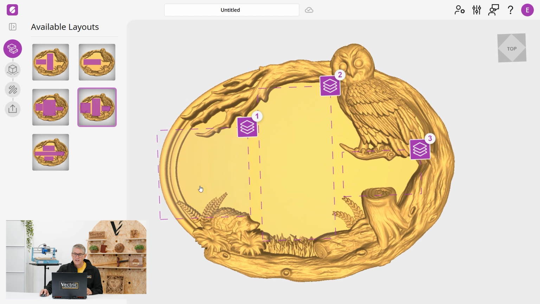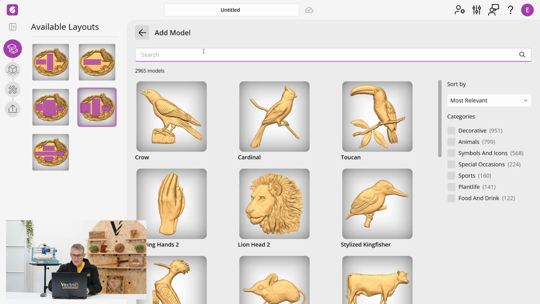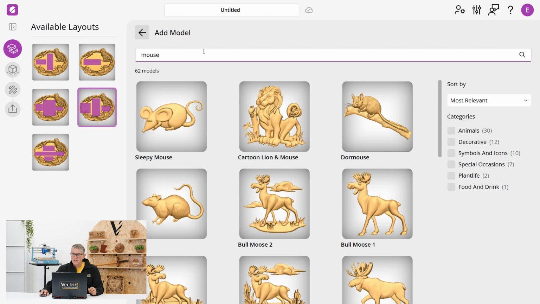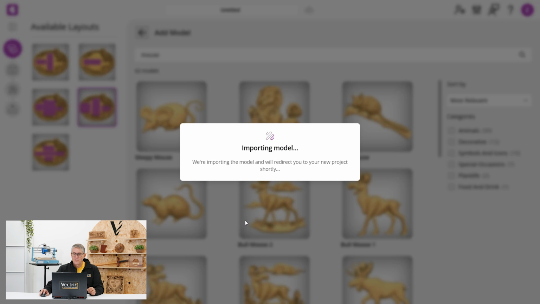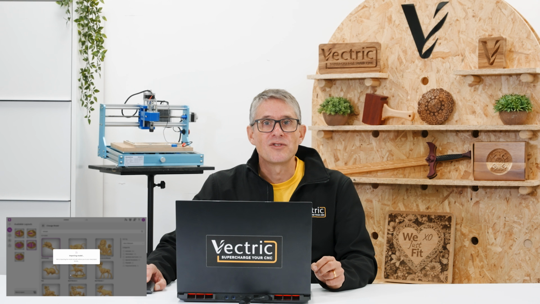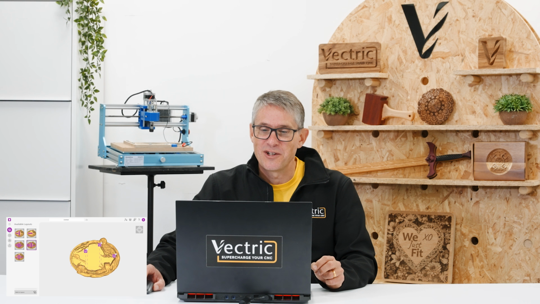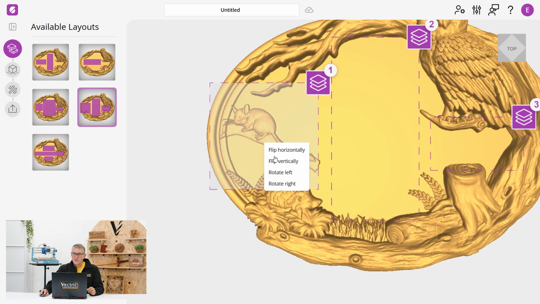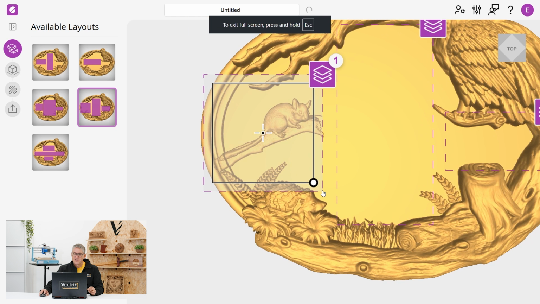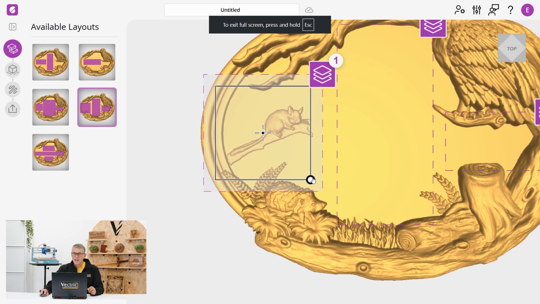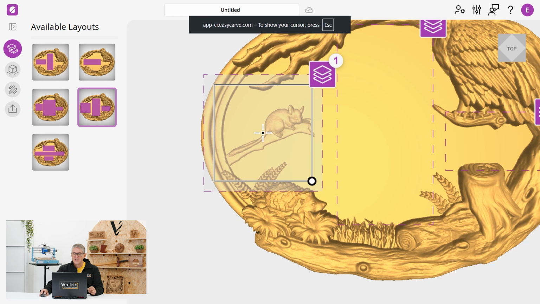So I'm going to make a house sign. Let's add a model in here, and let's give the owl something to think about. So not a rat, maybe a dormouse. Seems a little bit more friendly. Nobody wants a rat on the front of their house unless this is turning into a Halloween sign unexpectedly, isn't it? So you've got some options here to rotate the clip art in situ. So I'm going to flip him around so he's facing in a little bit more. And actually we've got the ability to resize things inside these zones. So I'm just resizing him so that that stick just touches the edge there of the